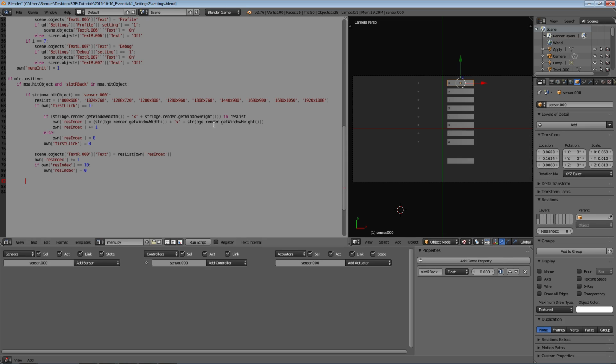Cool, so that's the resolutions done. Next we're going to do if full screen. Now the rest of these are fairly repetitive, except for anisotropic filtering. Most of it's just on, off. So I'm just going to copy paste this line here and change it to sensor 1 to make sure that we're actually clicking the sensor 1 object, and then we're going to go